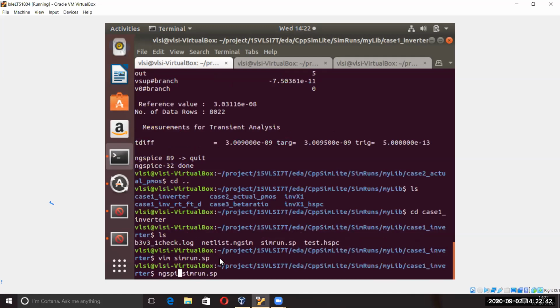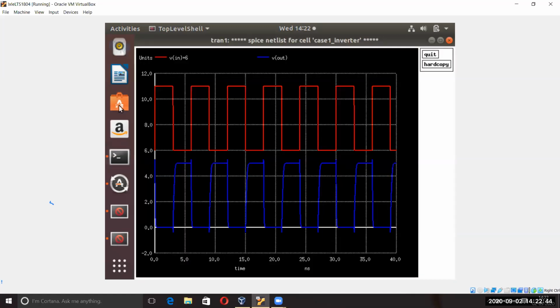You can see here the input is this one, and the output is this one. This circuit is an inverter, so please understand this curve first. Obviously we'll get the result. Yes, she has given the offset. Now you are getting the input at the top and the output at the bottom. Exactly, it's inverted. It's the inverter output, the bottom blue one.